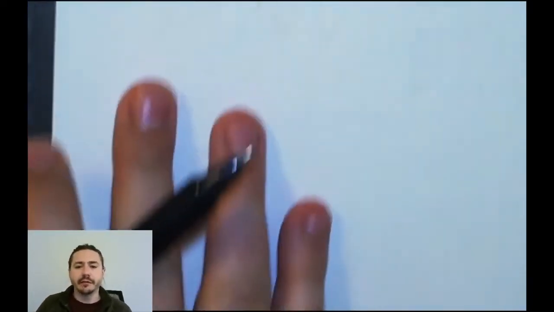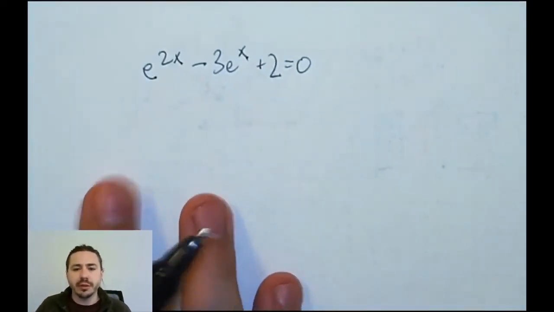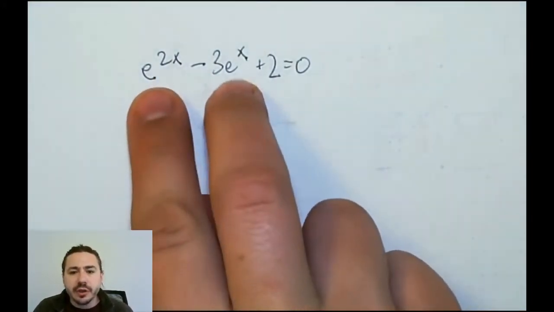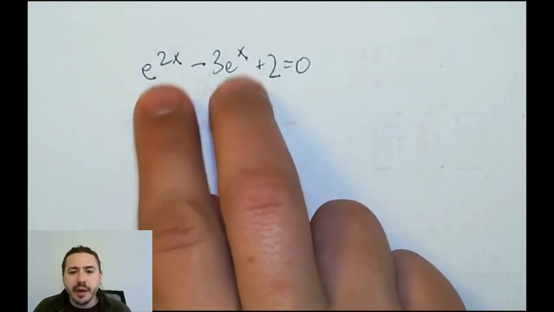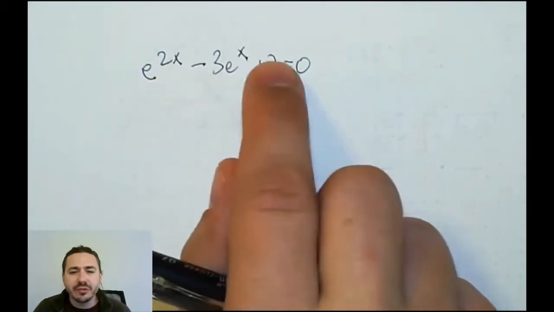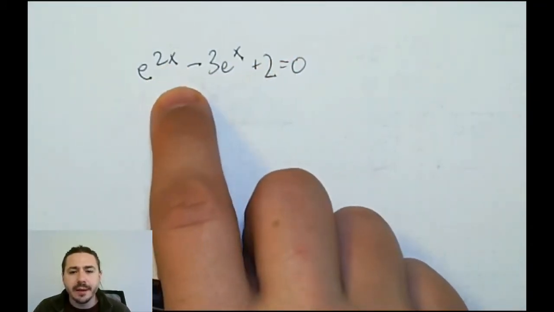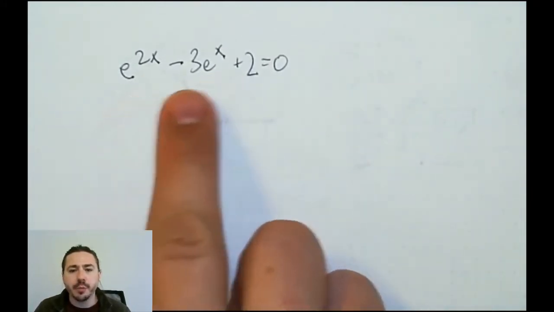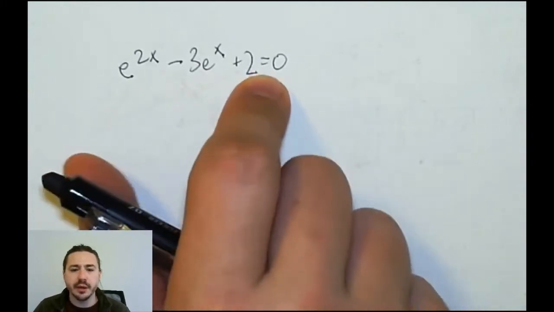All right, let's look at a different kind of problem. This one looks a little nastier. Look, we've got two terms that have the same base, but look at these exponents. This one just looks kind of messy. So what I want to do is show you a little trick for if your problem looks like this,